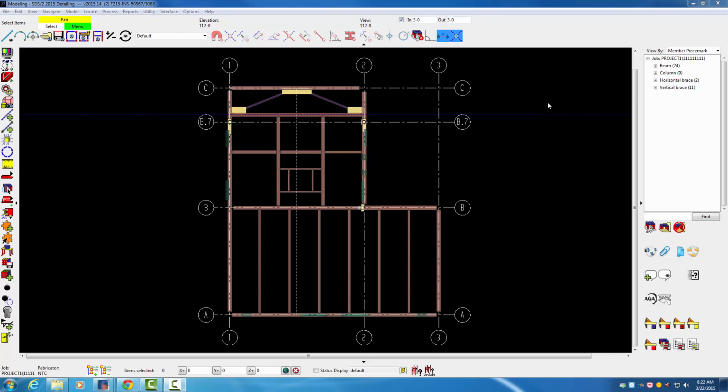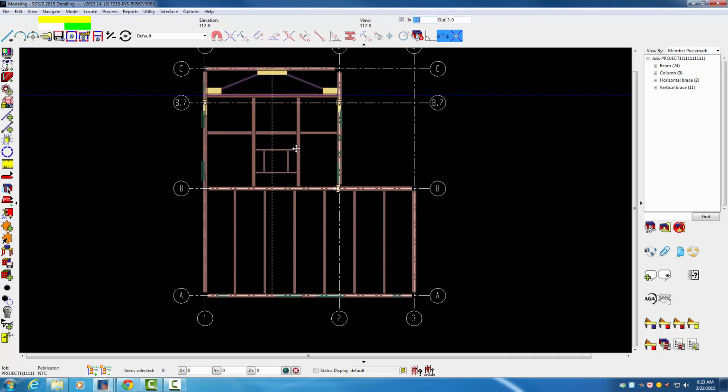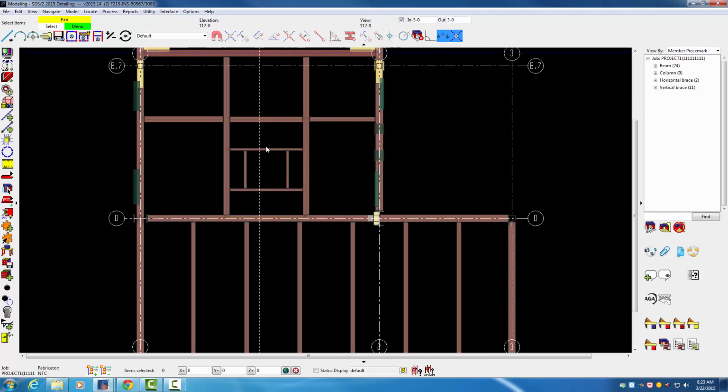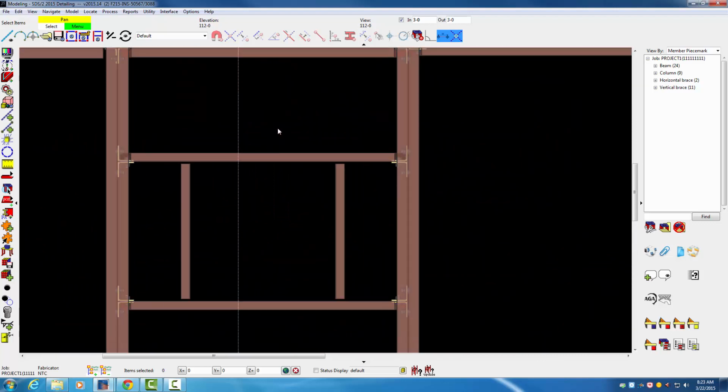Now we will continue to check the remaining connections on your floor plan elevation 112.0. In the previous video we did most of the other connections, so now let's finish up here in the middle of the screen, just to the west of grid line B, where we have the C8 by 11.5